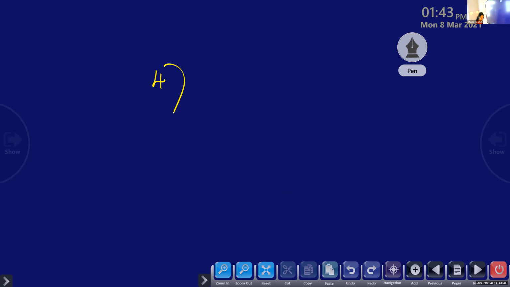Okay, next, question number 4. So children, here we have rupees and paise, 621.12. We have to convert into dash paise. So children, rupees to paise, what we have to do? Multiply by 100. So from the left side we have to move the digit to the right side. That means write the number without a decimal point. So what's the answer?